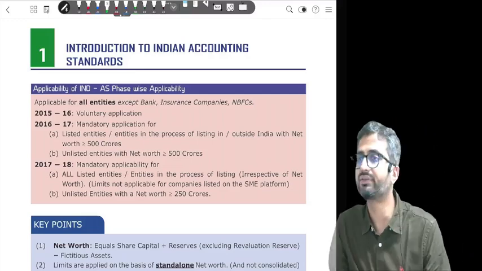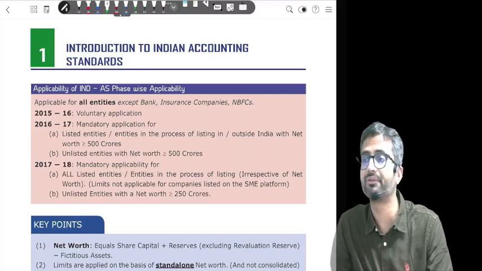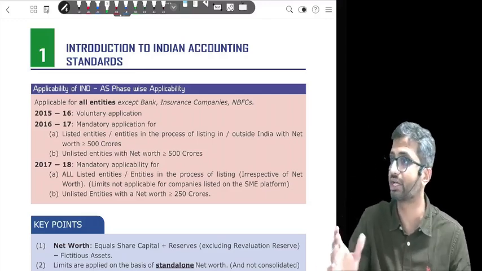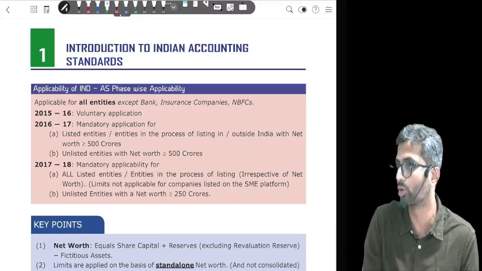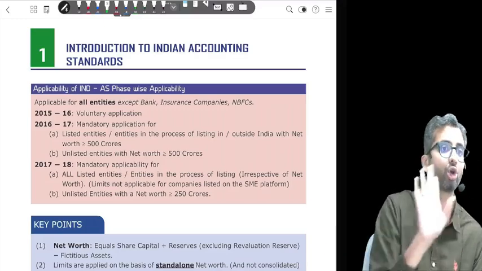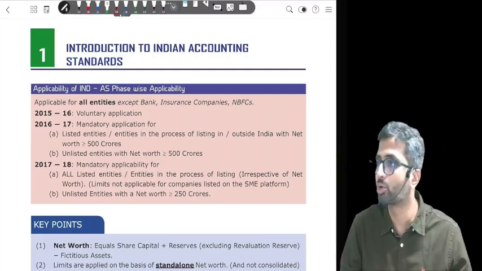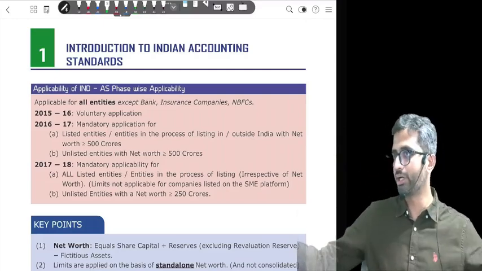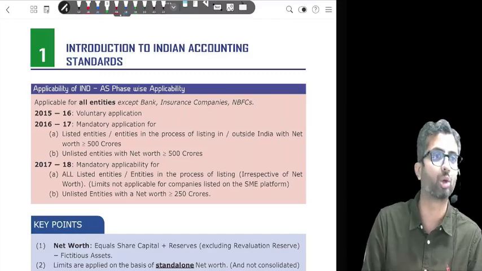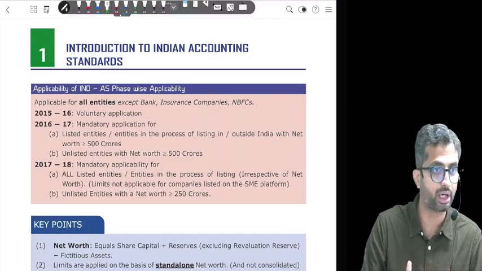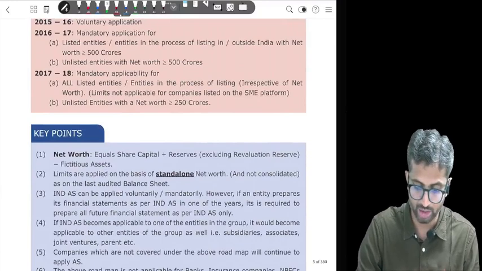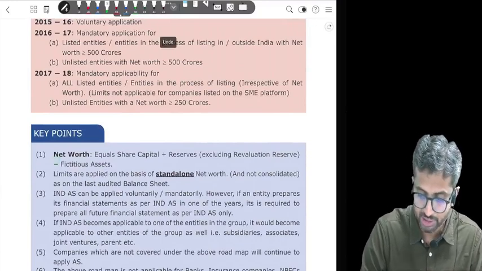Okay, all of that is actually applicable for standalone only, because you can have a PAN number, CIN number on an individual basis. Consolidated, if something happens, whose neck are you going to catch? It's a group, right? And hence you will look at standalone net worth, not consolidated net worth. You will look at standalone net worth. Are we clear with this?